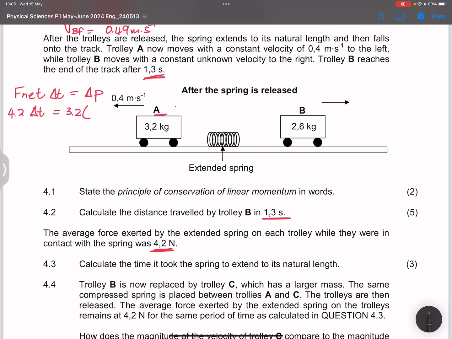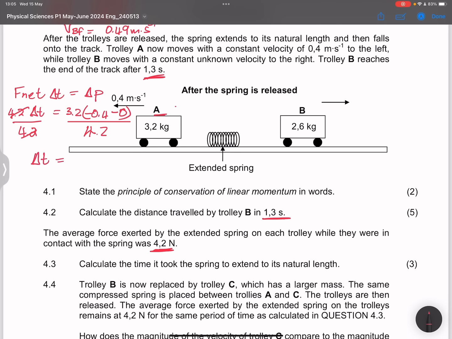Final velocity for A is 0.4, but remember I told you that I took the right direction to be my positive direction. So that would be negative 0.4 final, minus my initial velocity, which was 0. And so what happens there, I'm going to divide both sides by 4.2 so that it cancels with that. And I've got